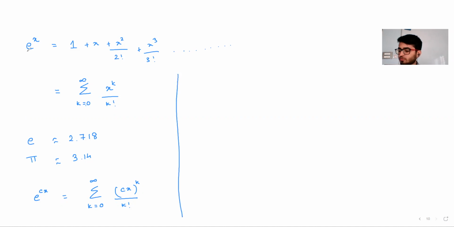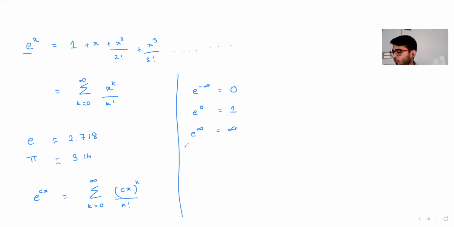Now there are a few properties of this term e. First thing is e to the power, let's say, minus infinite. This is 0. E to the power minus infinite is 0. E to the power 0 is 1. E to the power infinite is nothing but infinite. Again, technically speaking, e to the power infinite is indeterminate, but which form of indeterminate? It tends towards infinite only. So these are just a few basic properties of e itself.